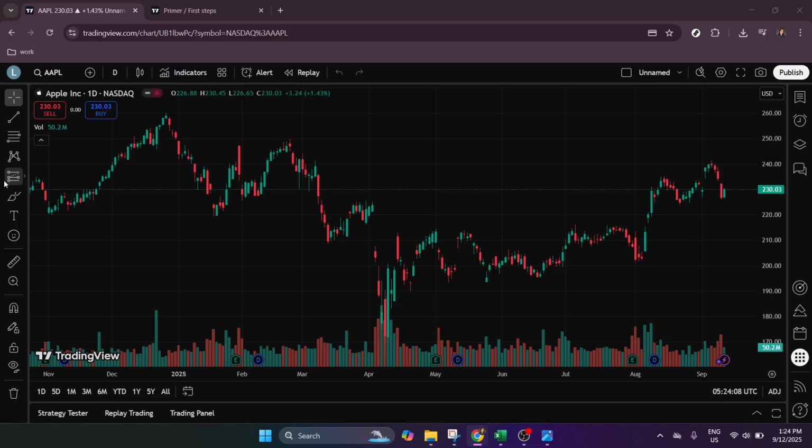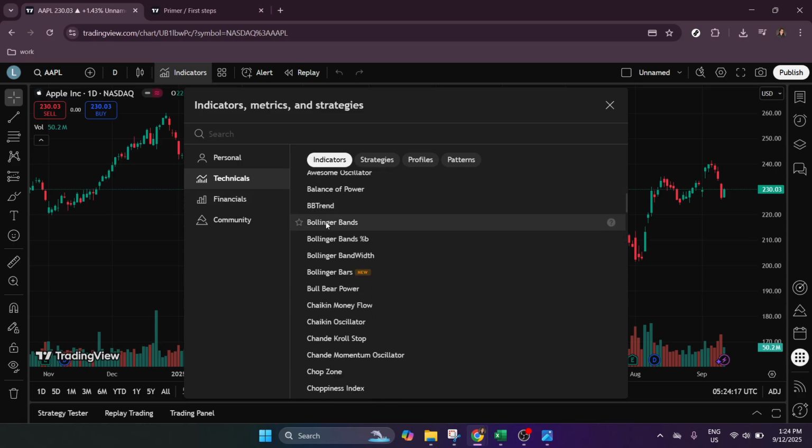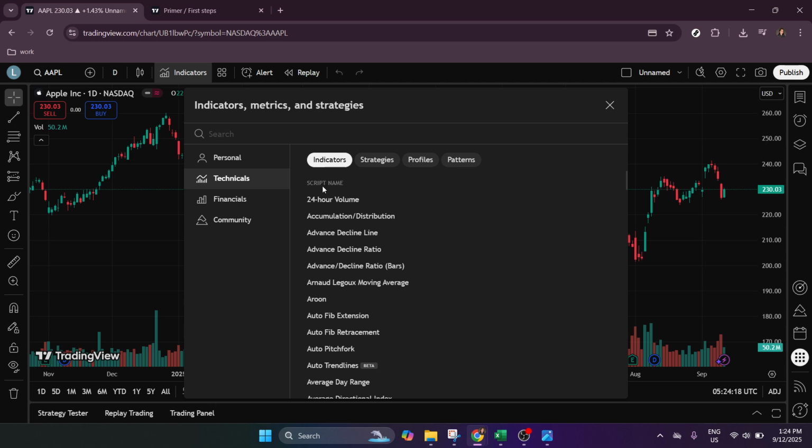Next up, let's create or add a script. You can start from scratch by clicking on the New button in the Pine Editor, which will give you a blank slate to work with. Alternatively, if you already have a script saved or would like to explore some existing templates, you can click on Open to browse through available scripts. Remember, TradingView has a library of public scripts you can learn from, perfect for getting inspiration or seeing how others